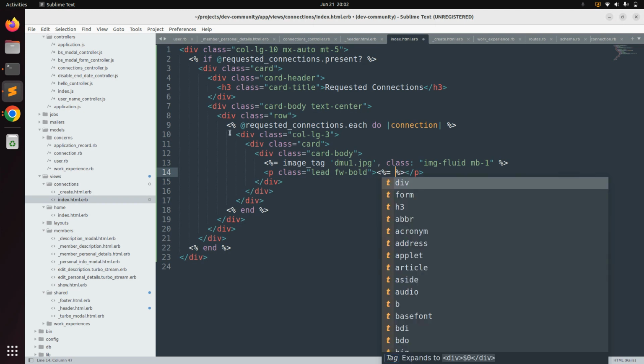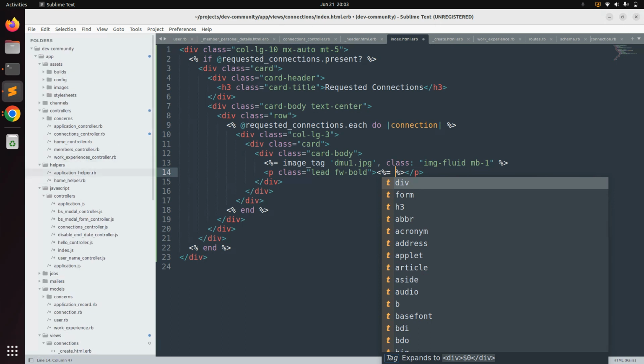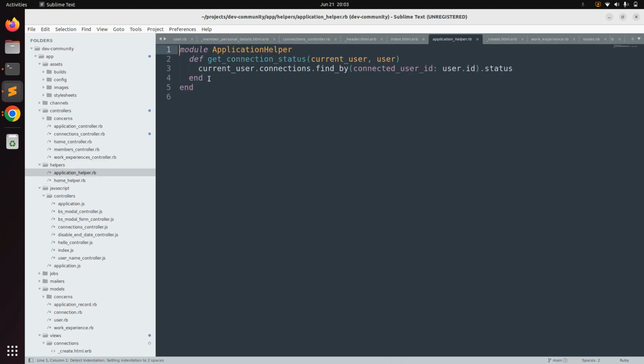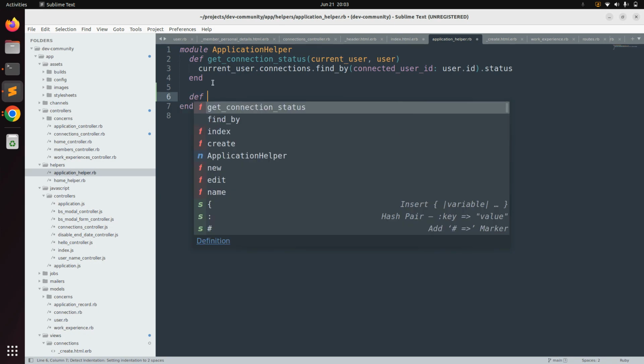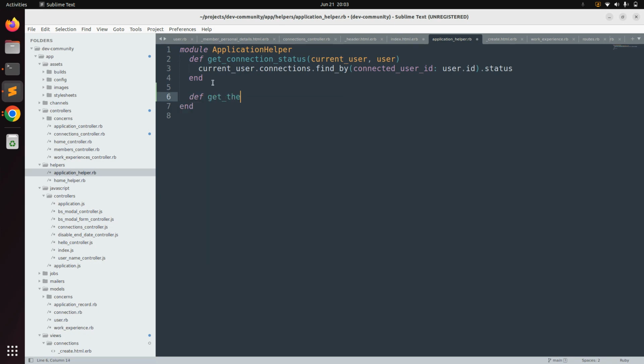However, if you wish, you can add this query within the application helper as well. So for example, let me write that query in the helper. Okay, so go to the application helper. You can find this in the app helpers, and what we can do here, def get_the_receiver, and here user_id,